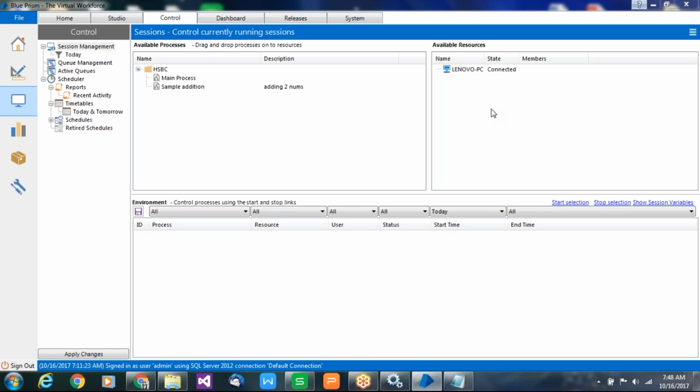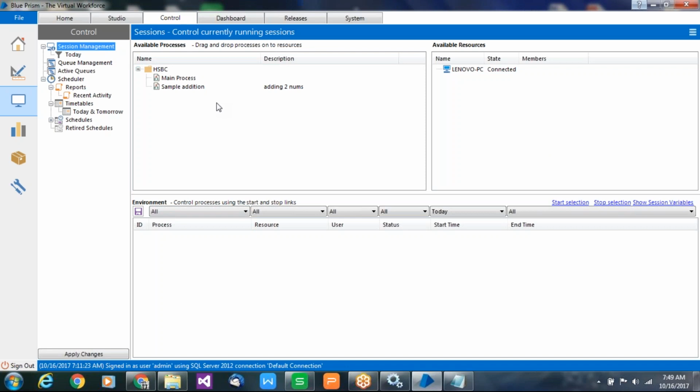One is available process, one is available resource, and another one is environment. You have to understand this the same.